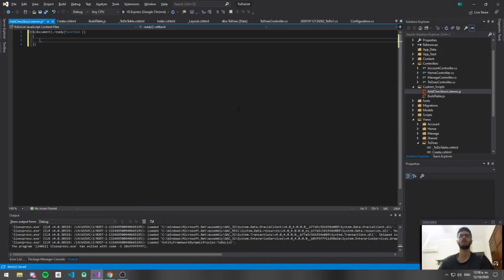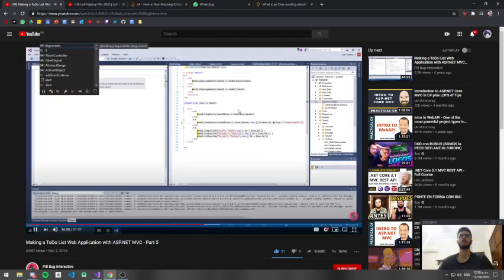The first thing you do in any jQuery, the first argument here is basically a way of searching for all the elements you want. So in this case, I want